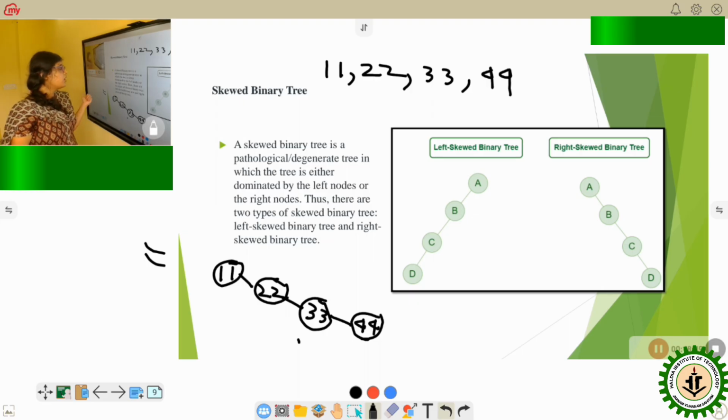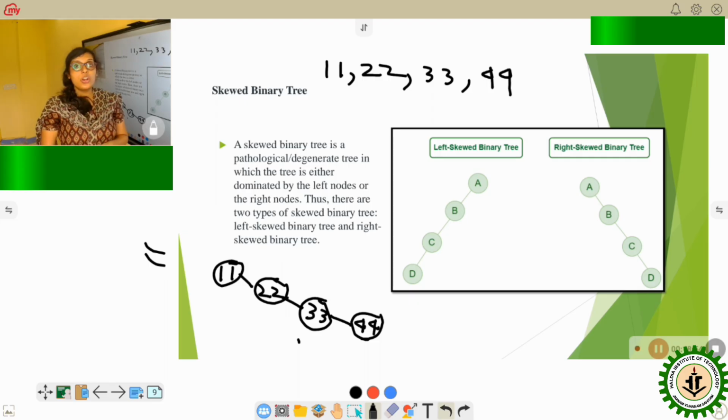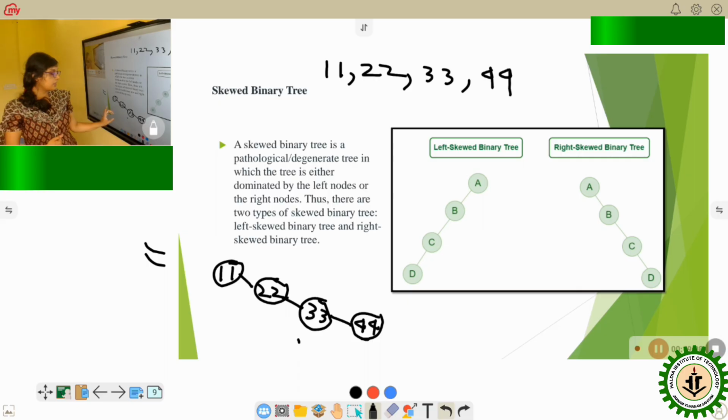In the previous slide, we have seen degenerate trees. What were the degenerate trees? Root node having a single child, either left subchild or the right subchild. So, in case of skewed binary tree, the children are present only in one side. See, in this case also, the children are present only as a right subchild of the root node, only on the right hand side. The main disadvantage of this kind of tree is that it wastes memory. The memory space is wasted using this kind of trees.